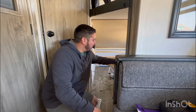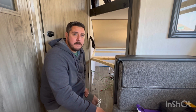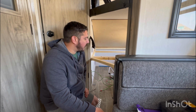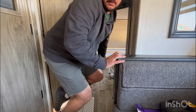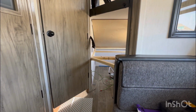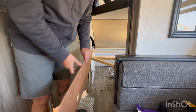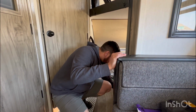Today I'm going to be reconfiguring how this rear lower bunk is put together. I have a 26 DBL, a Forest River trailer, and for those of you that have this, you know that prior to this, there's a panel here that houses an outlet and the carbon monoxide